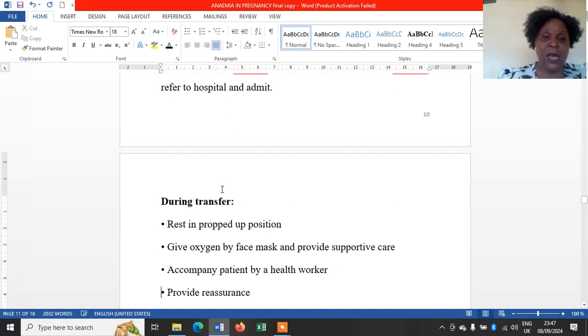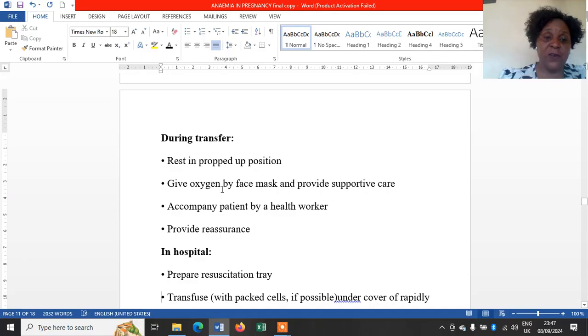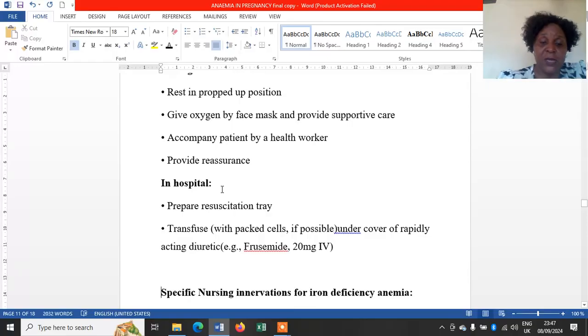And for this mother who is being referred to hospital, as you transfer this mother, rest the mother in a propped up position. If possible, give oxygen by face mask, accompany the patient and reassure, because this mother is severely anemic. And when you reach hospital, prepare the resuscitation tray, transfuse. Preferably, if this mother is having hemolysis, may need packed cells, but if this mother is having hemorrhagic, may need full blood,